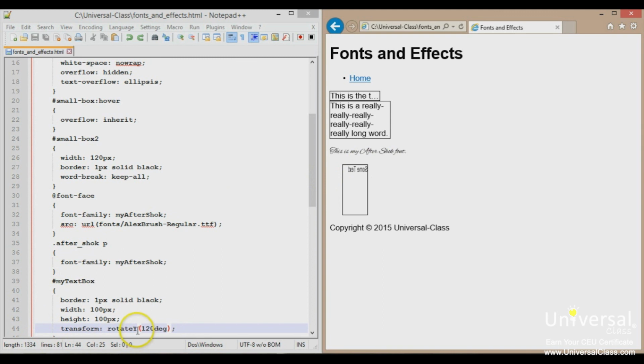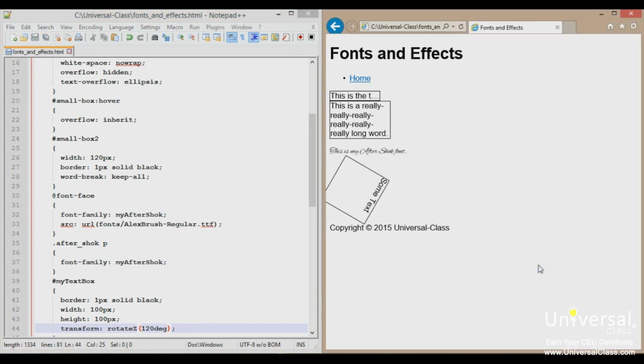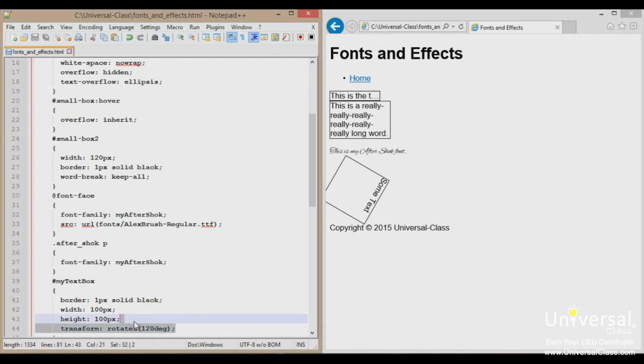The last rotation that we have is actually the Z-axis, which is our two-dimensional axis. So if I do rotate Z, then I can rotate it, and it's the same type of rotation that we had before, and it's still in terms of some amount of degrees. But we can actually rotate this now around 3 axes, and we can get things that look like three-dimensional movement with some animation. All right, so I'm going to put my little text box back the way it was before,